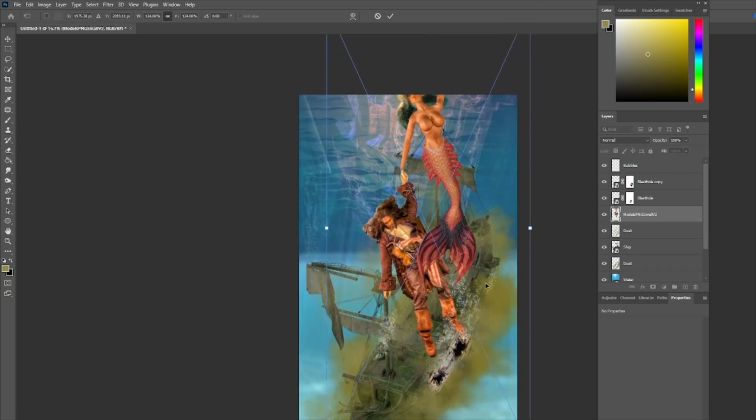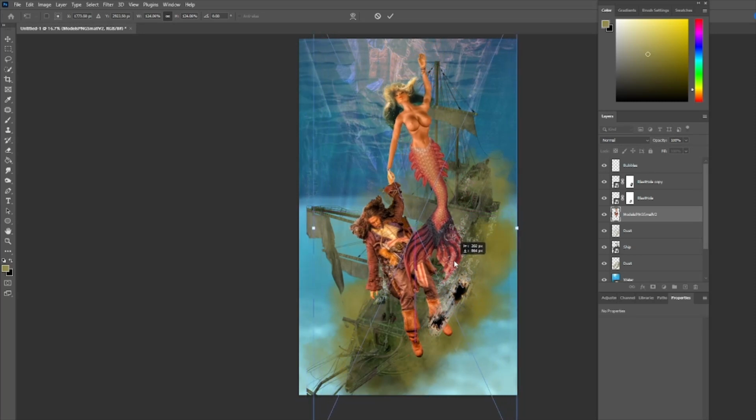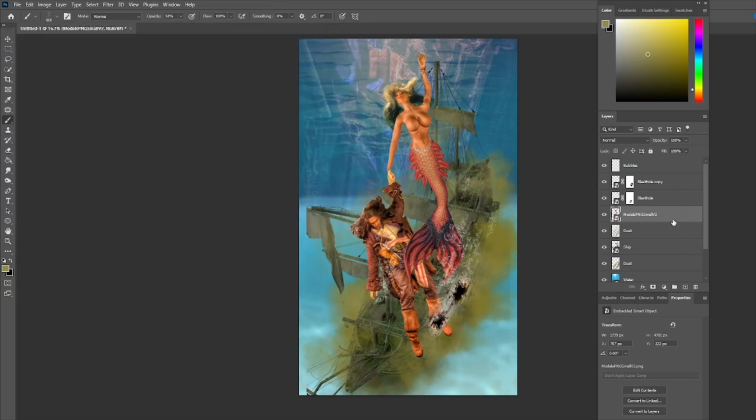A little bigger. Just position them about in the center. And then I'm going to go back to the bubble brush, add a layer above. Excuse me, I've added that in the wrong place. I'm going to bring that all the way to the top. Add another layer,